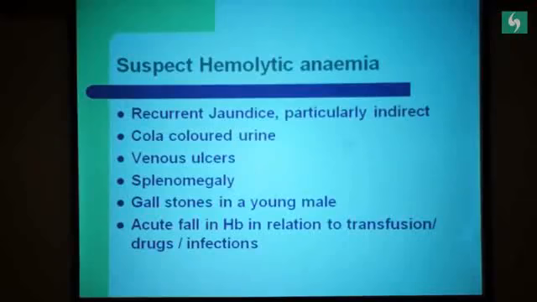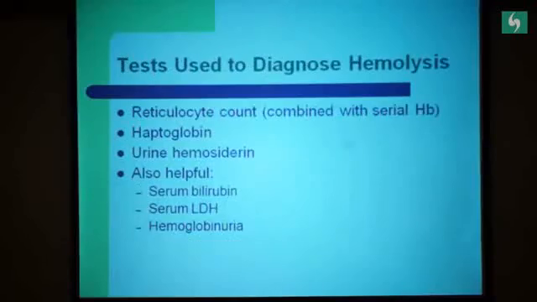Now what are the tests? We use reticulocyte count combined with serial hemoglobin. So if there is a hemoglobin which is serially falling and the retic count is elevated, or you are getting some of those features I mentioned. If the serum haptoglobin is low, which is an indicator of intravascular hemolysis, suppose we are